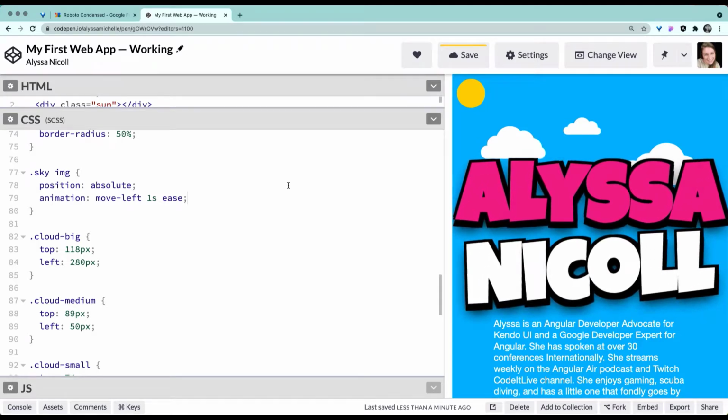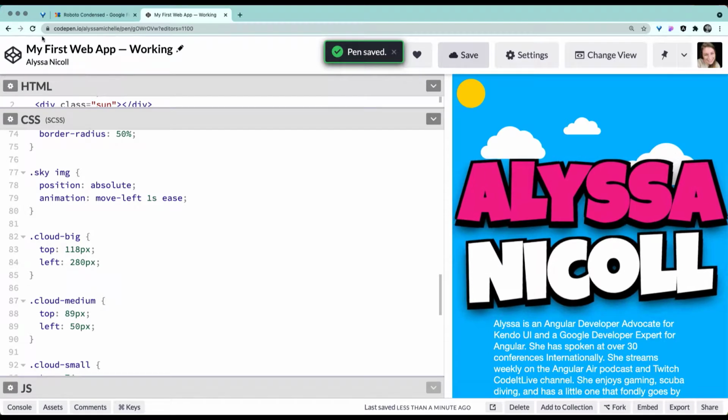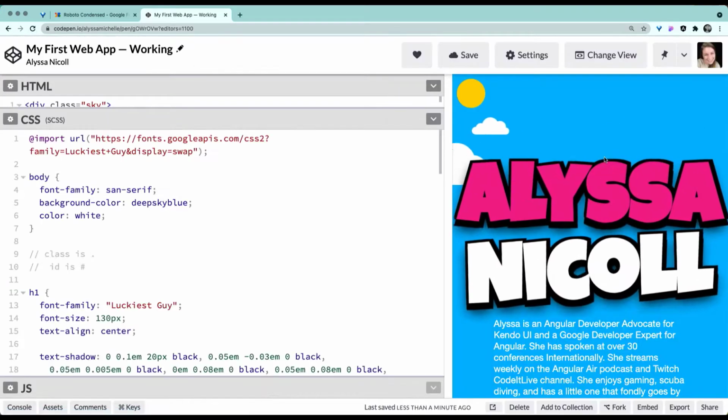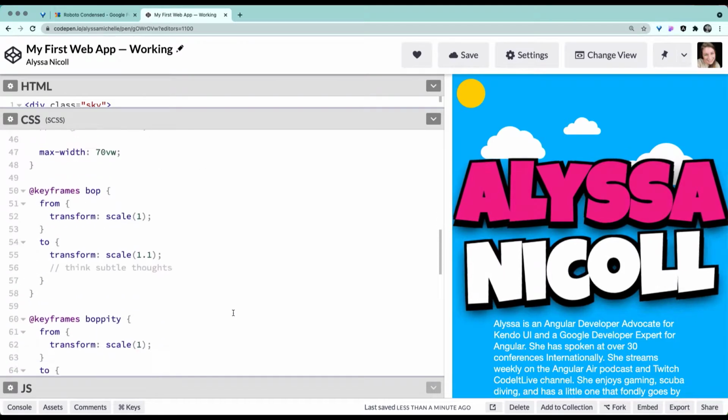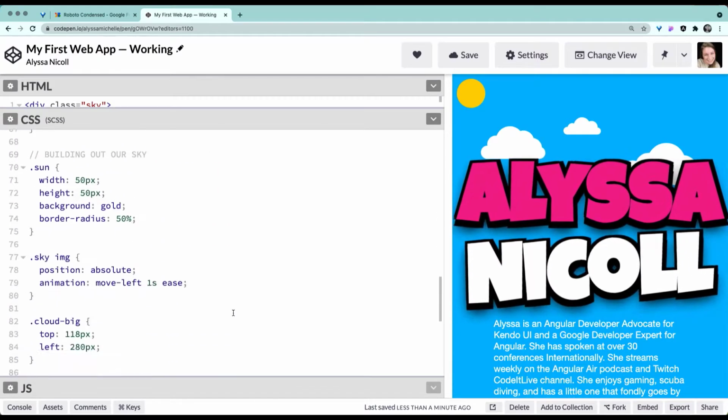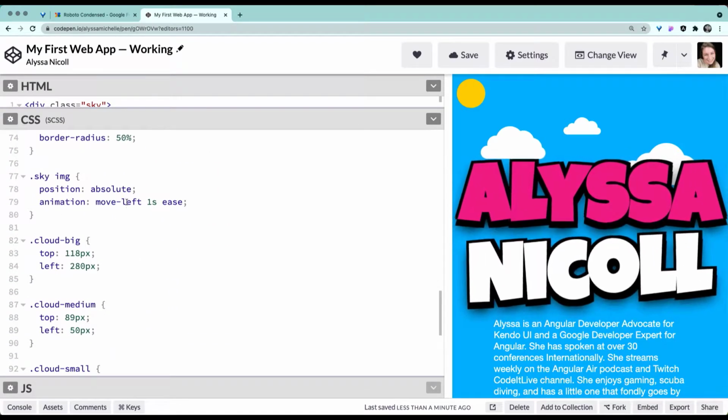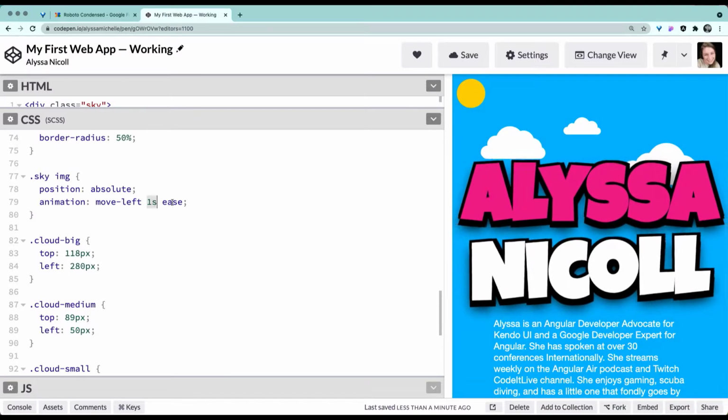So if you'll notice, I'll refresh my page. The clouds move left, and then they go back to their original position, and then they're still. This is because we gave the images in our sky this move left, 1 second, ease,